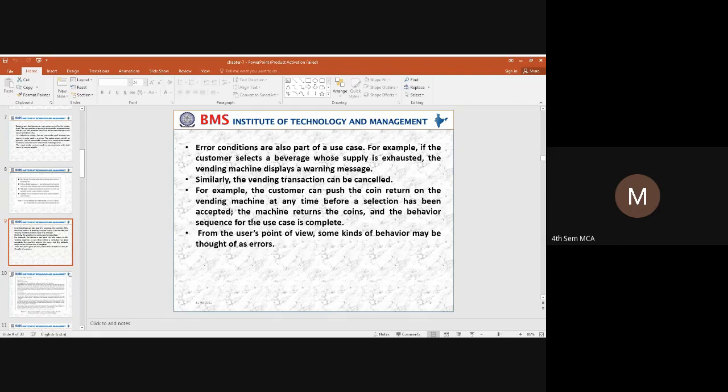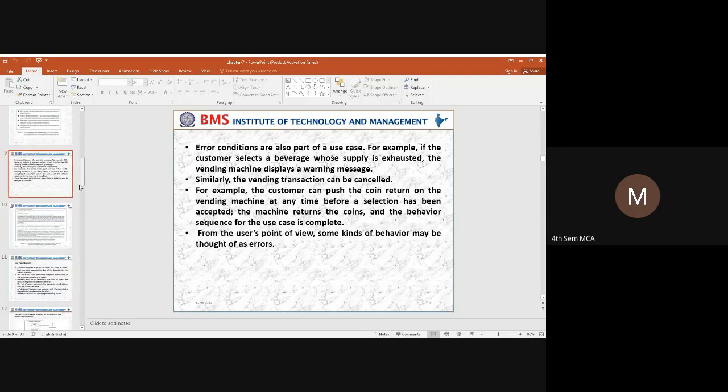Or the beverage may be available, but since there is a timeout, the machine is going to return the coin the customer pushed. So there are different types of errors that have to be thought through, and they have to be written in the model itself. That means from the model itself we can represent where the error can occur.